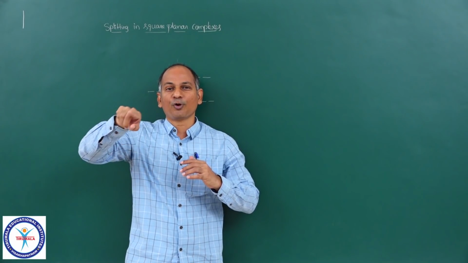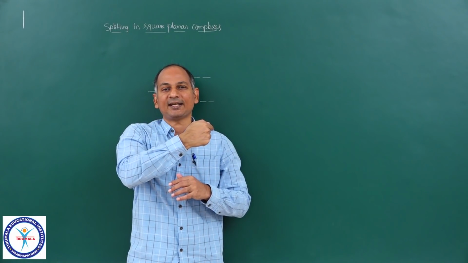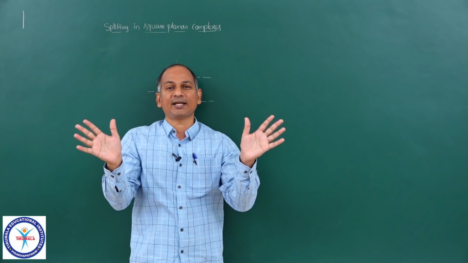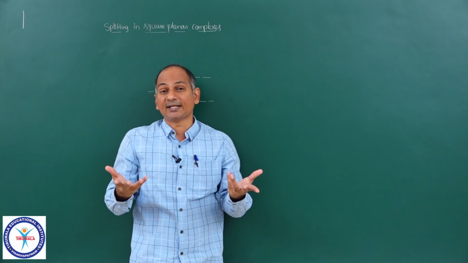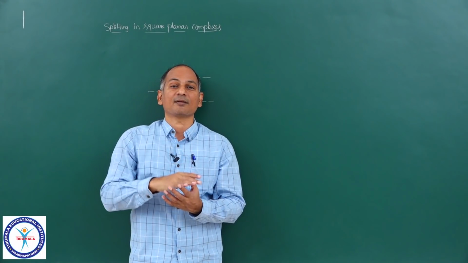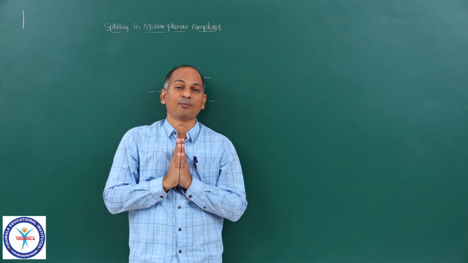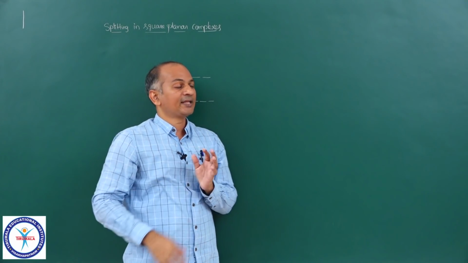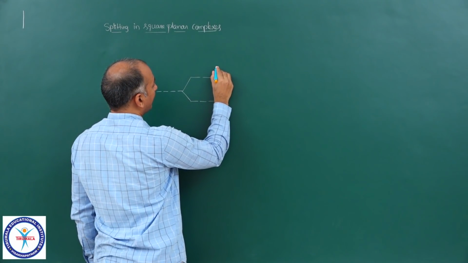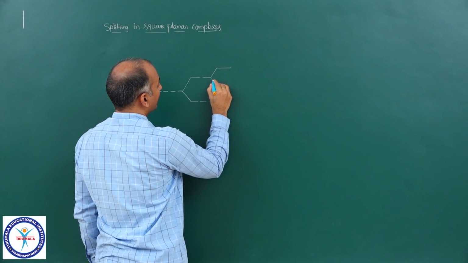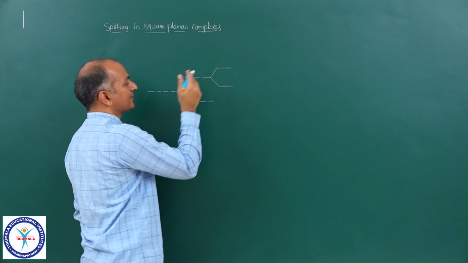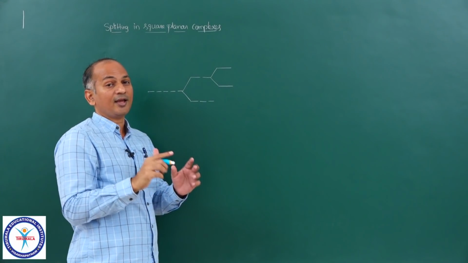So now these four lobes are pointed towards this center, back to your left and right. Now these four lobes get repelled to a greater extent because ligands are coming closer and closer. Now these two are moving away from each other, farther and farther. So the energy of the dz square is lowered and the energy of the dx square y square is raised. Now this is a new splitting.